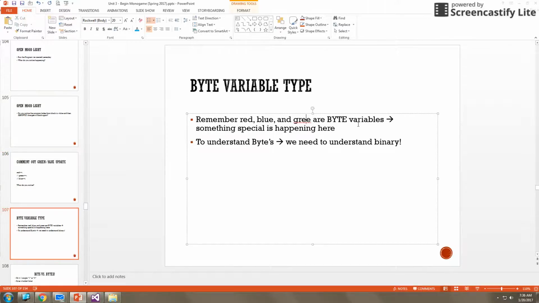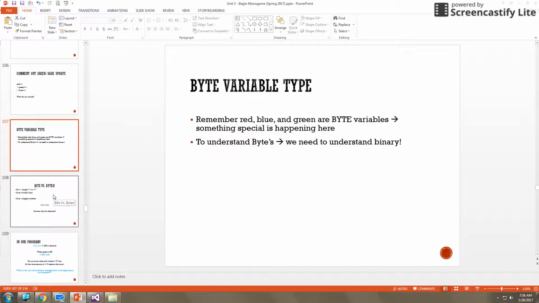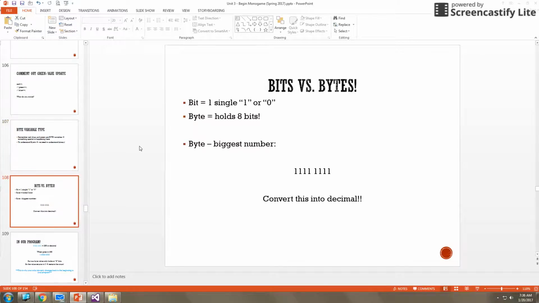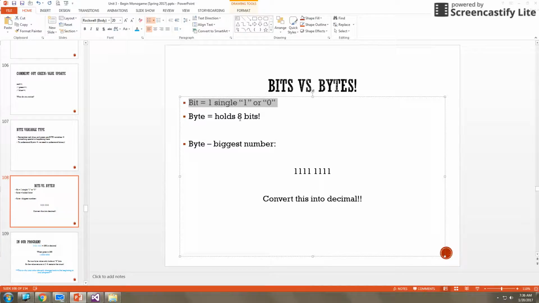So really what's happening here is you need to remember that red, blue, and green are byte variables. And to understand byte variables, you need to understand binary. So if you remember a byte from your previous classes, a byte holds what are called 8 bits. So essentially, a byte is made up of 8 ones and zeros. That's the case. So a byte can be any combination of ones and zeros, as long as it has 8